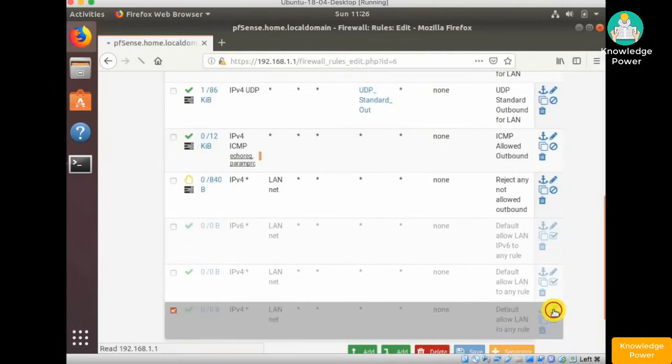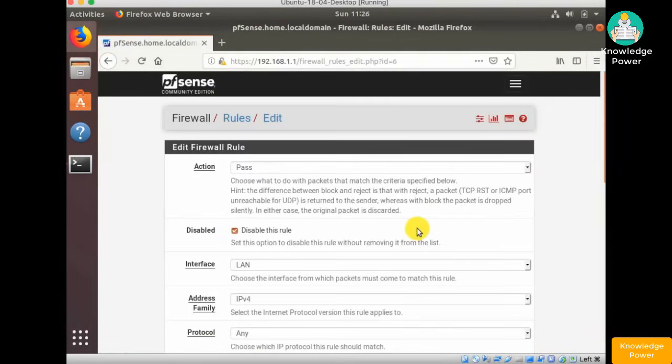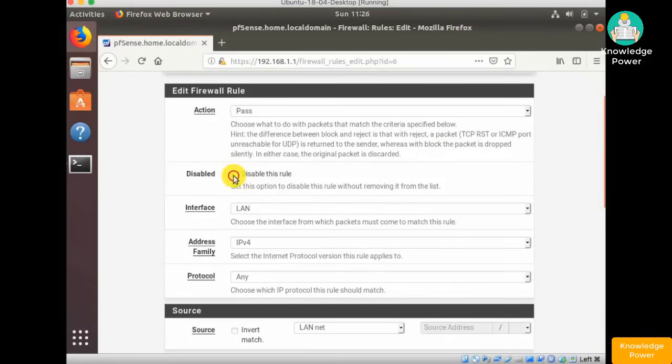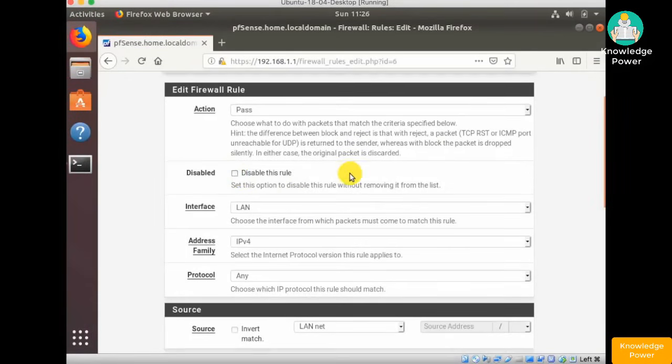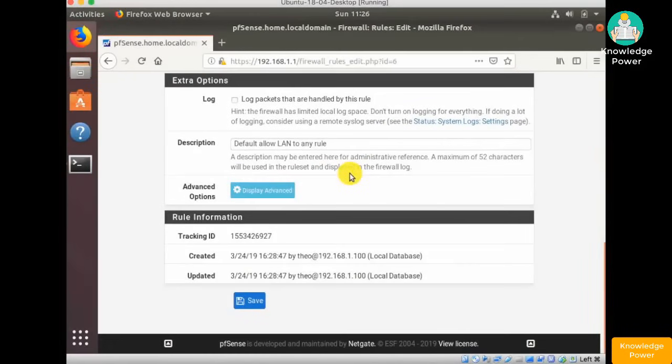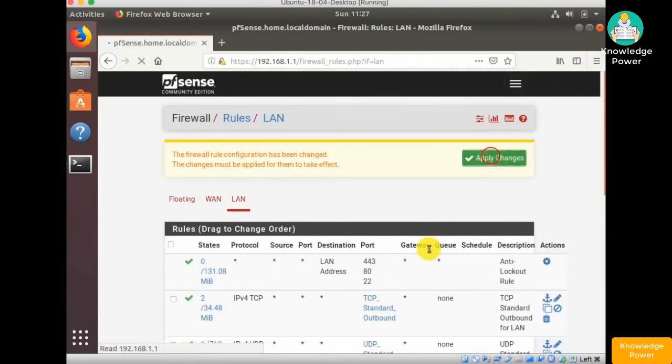Click on Edit. We'll uncheck Disable this rule. That'll enable it. And we'll add a check to log packets that are handled by this rule. So click on Save, Apply Changes,